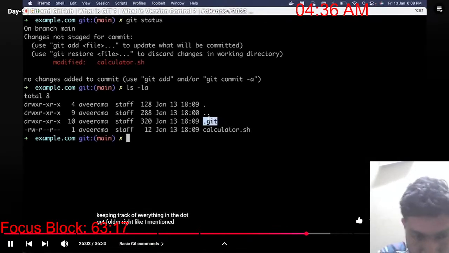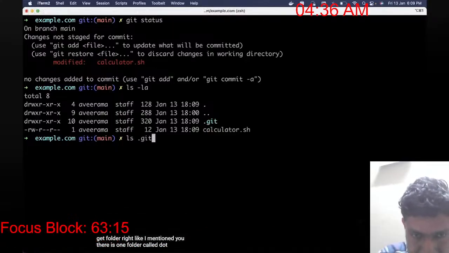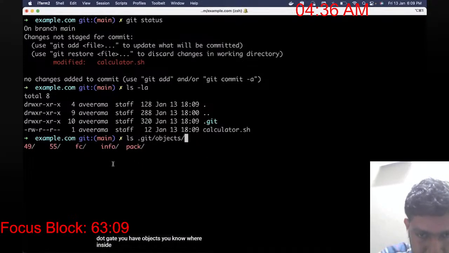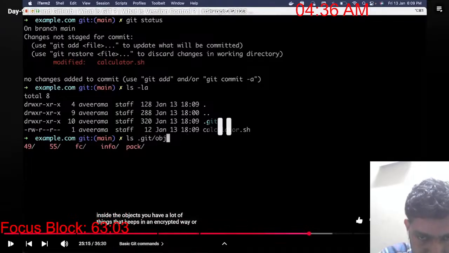Like I mentioned, there is one folder called .git, which Git is always referring to, and inside .git you have objects, where you have a lot of things that Git keeps in an encrypted way.